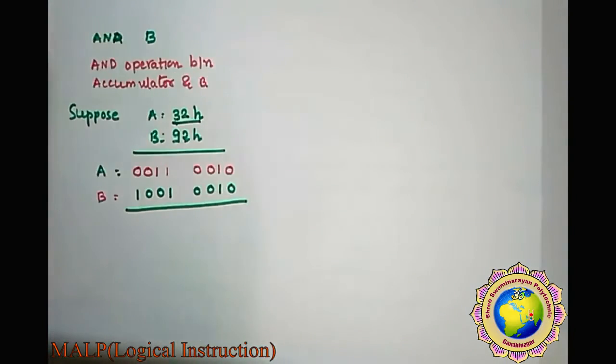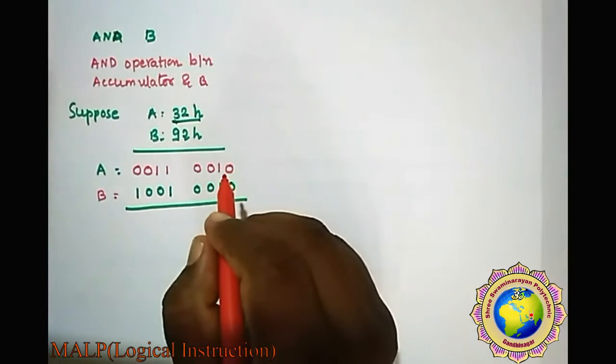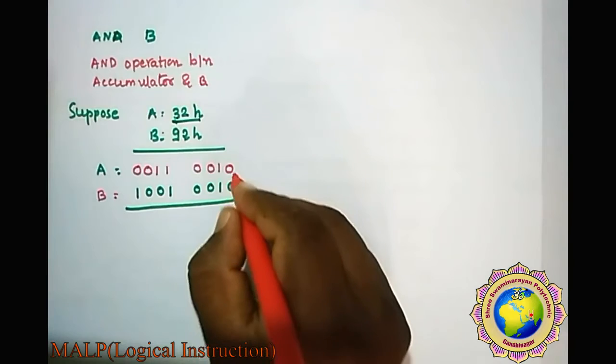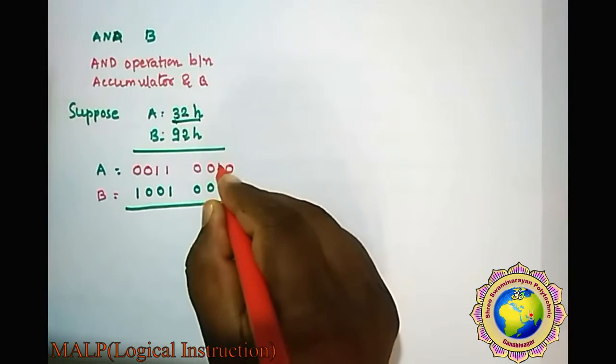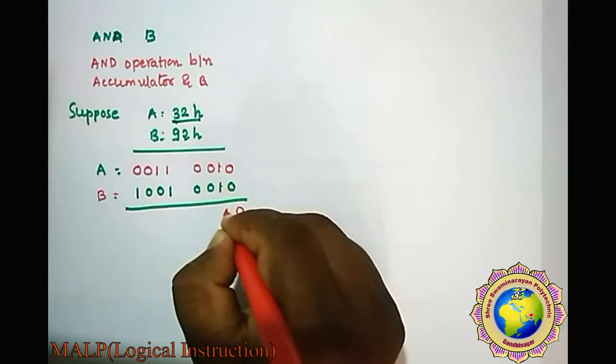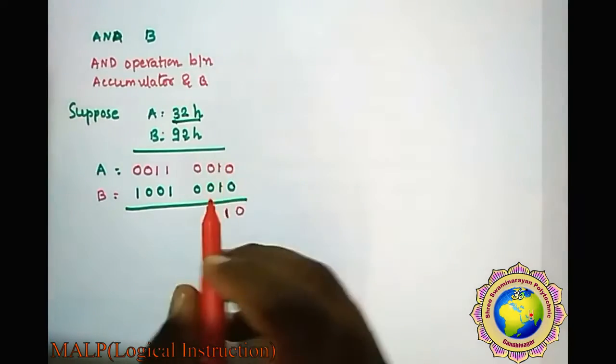What is the AND gate? The AND gate is when both the inputs are 1, output is 1. Starts from here. These both are 0. So here is a 0. These both are 1. So here is a 1 because all the inputs are 1.